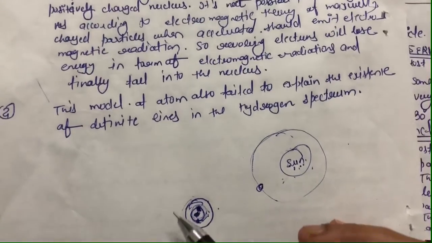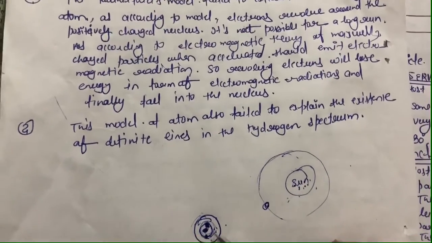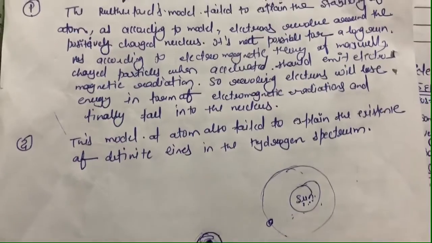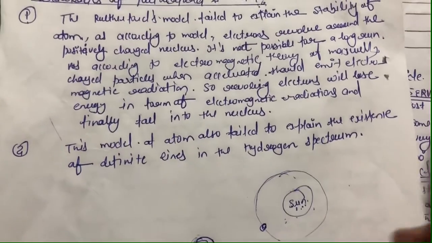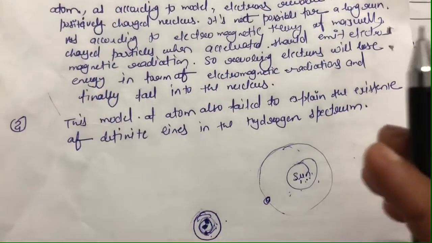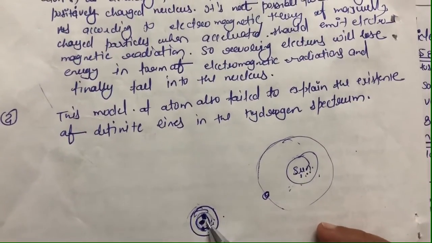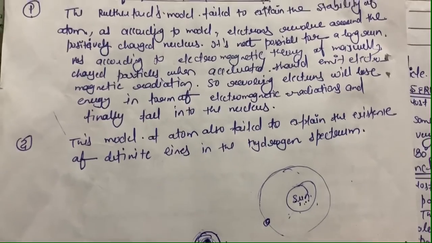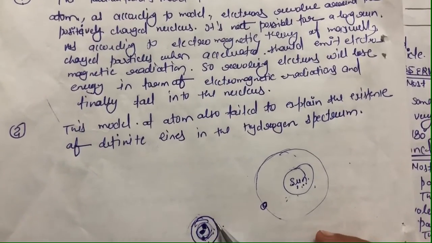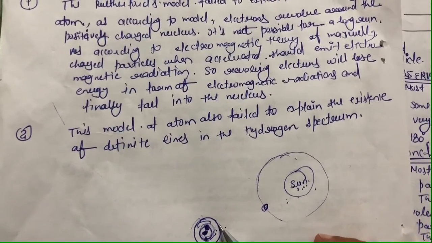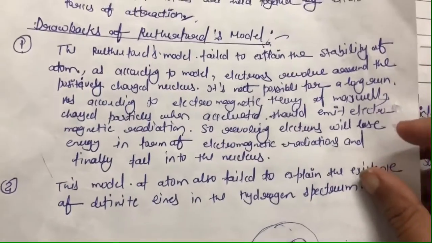Clear? But here in the atom you can see that electrons and nucleus are held together by strong electrostatic forces, which fix the path of the orbits, and the distance between different orbits also remains fixed with the help of the electrostatic forces, which exist between charged particles. Okay? Clear? And then